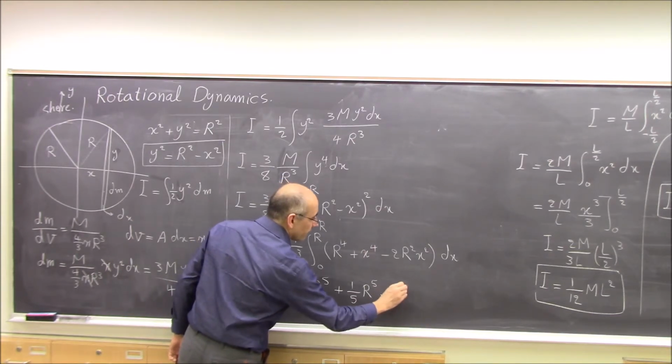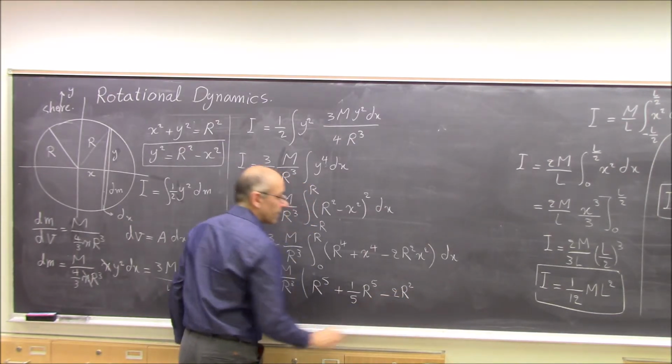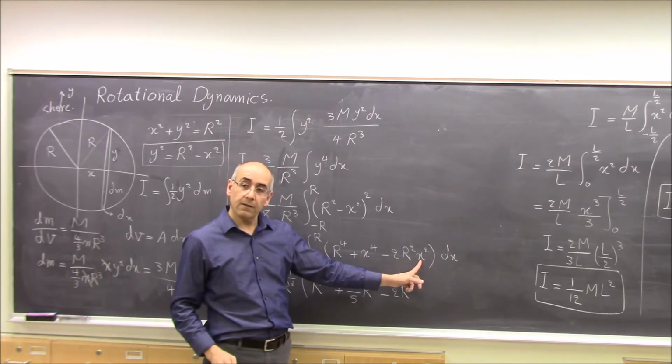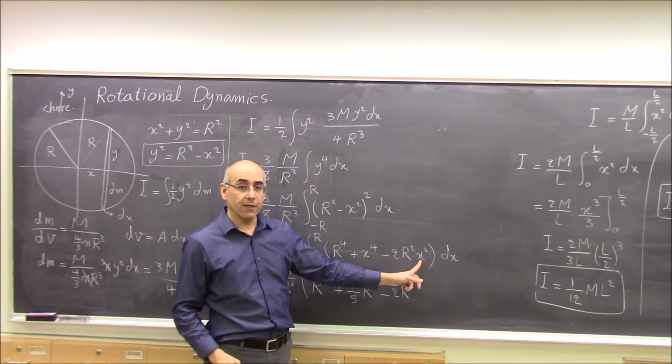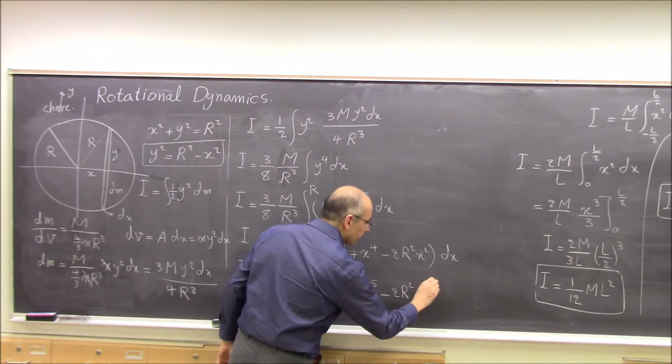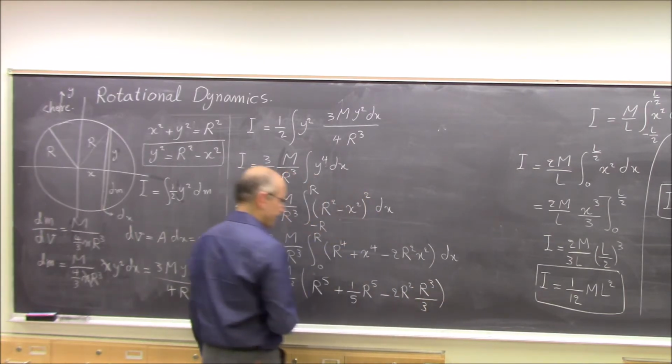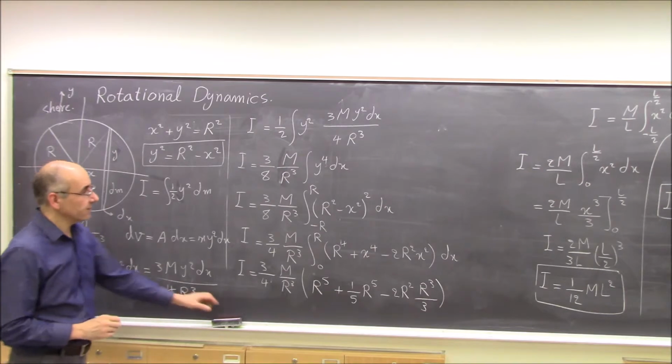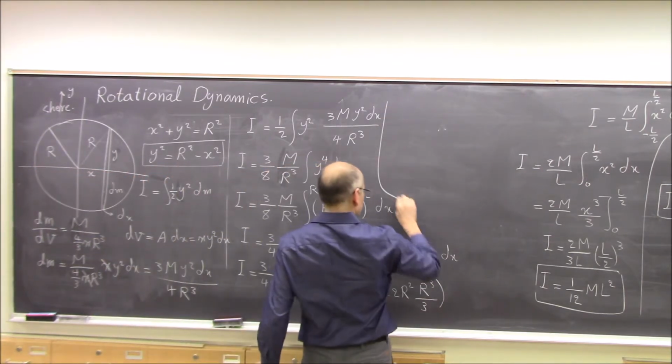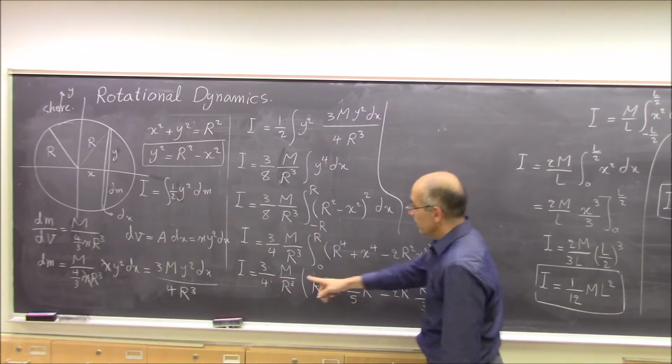minus 2r squared times the integral of x squared. What is that? The integral of x squared becomes x cubed over 3, right? So it becomes r cubed over 3. So this is the integral. So what is the result? Now I becomes,